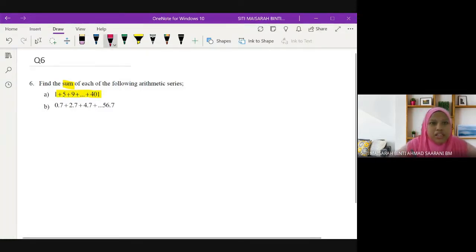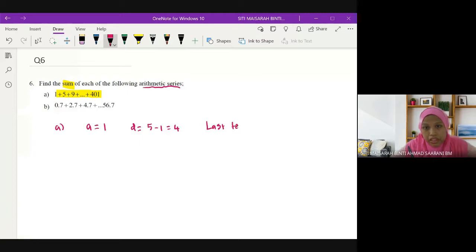So daripada sini untuk A, kita boleh tahulah A dia, first term dia is 1, T1 dia is 1. And then kalau arithmetic series means common difference dia, boleh carilah 5 minus 1 is 4, 9 minus 5 is 4 juga. So dah boleh dapat first term dengan common difference. And then dia punya last term dia, let's say this is Tn lah. Tn is 401. Soalan dia nak sum